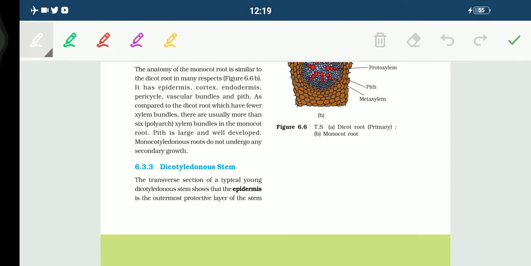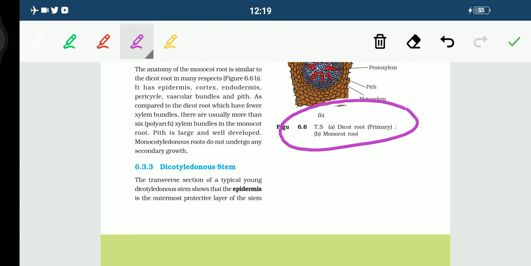So yesterday we had discussed the dicot and monocot root, right? In today's module we'll be discussing the dicotyledonous stem and monocotyledonous stem. Fine. So talking about the TS section of a typical young dicotyledonous stem, it shows the presence of epidermis, which